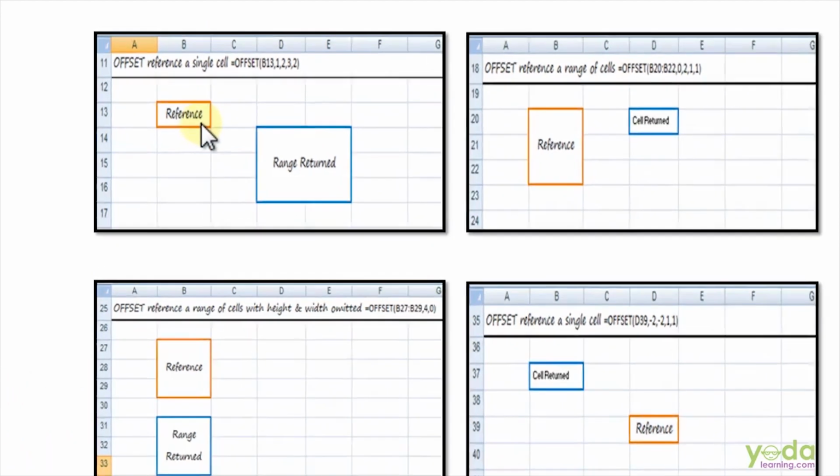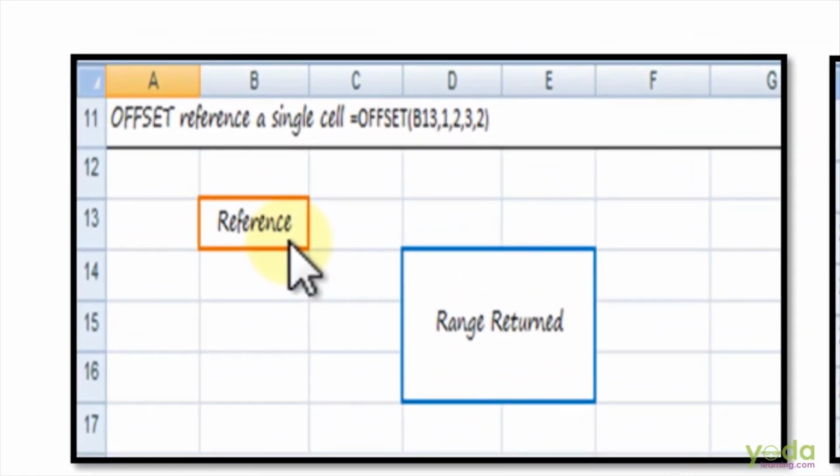Now I am telling Excel to move one row below B13 and two columns ahead of that cell, which will be the returned cell when it moves one row below. So from B13 we move one row below and two columns ahead of B14.